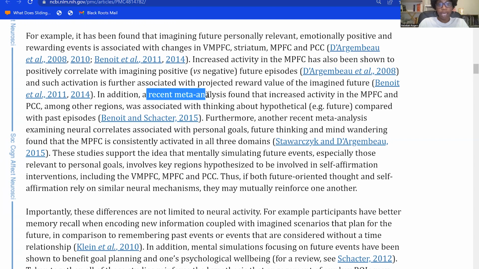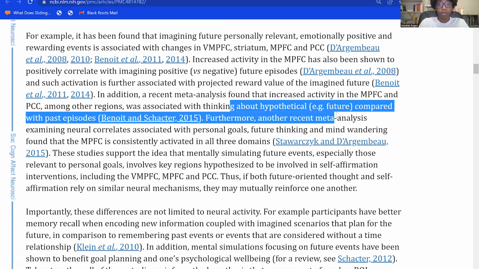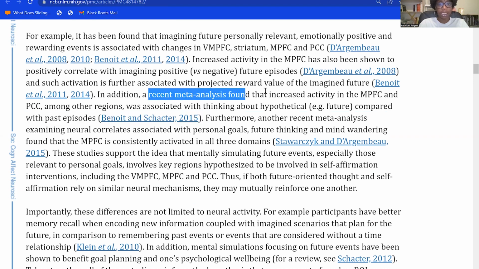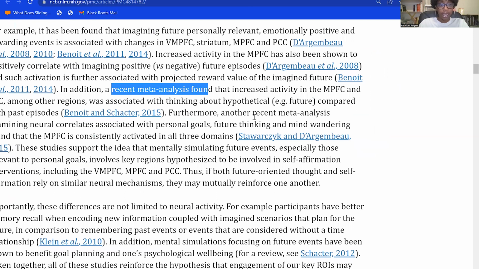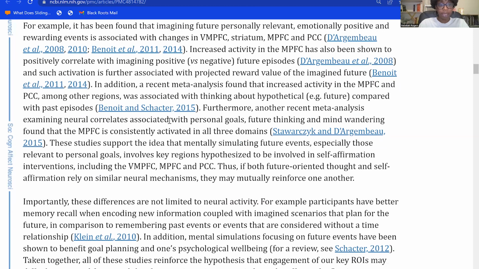Reaching median meta-analyses in increased activity in the empathy, blah, blah, blah, among other regions associated with thinking about hypothetical future compared with past episodes. Okay, so it's saying more future stuff than past stuff based on this recent meta-analysis, and it's in these specific regions. So another analysis, another meta-analysis